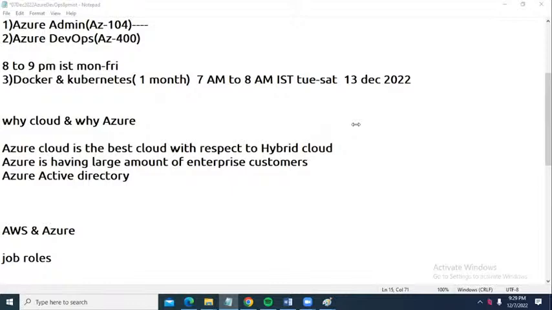Okay. But Twitter and Meta started removing people. Yeah, I also noticed, but here it is not the case because the jobs are very few. The people who know Azure are very few. So definitely they are not going to remove you, even though there is a recession. Okay, good.